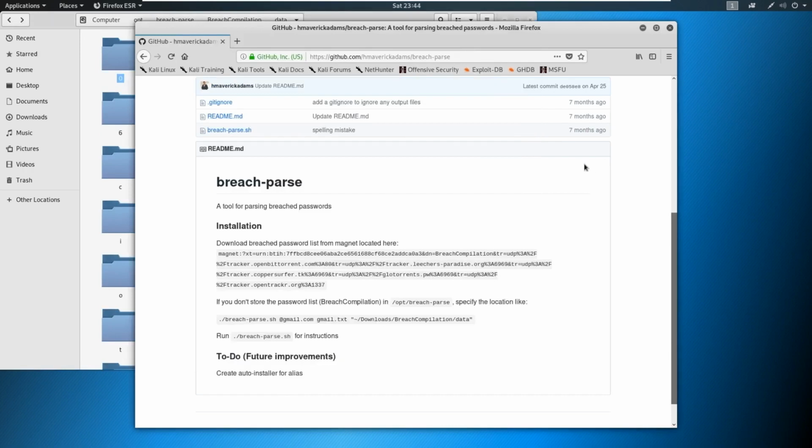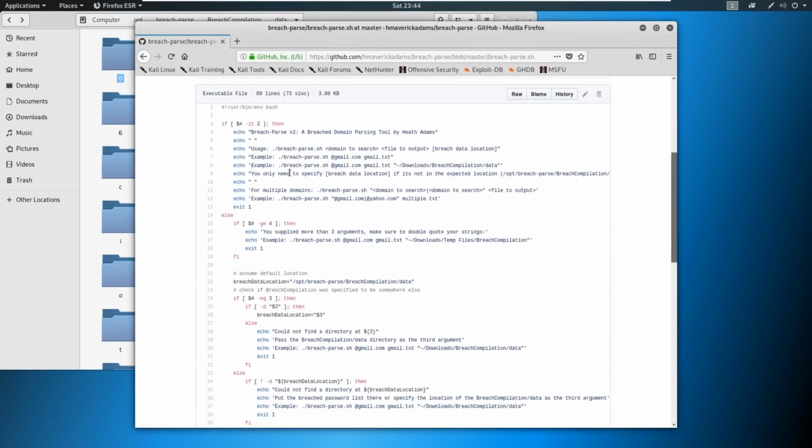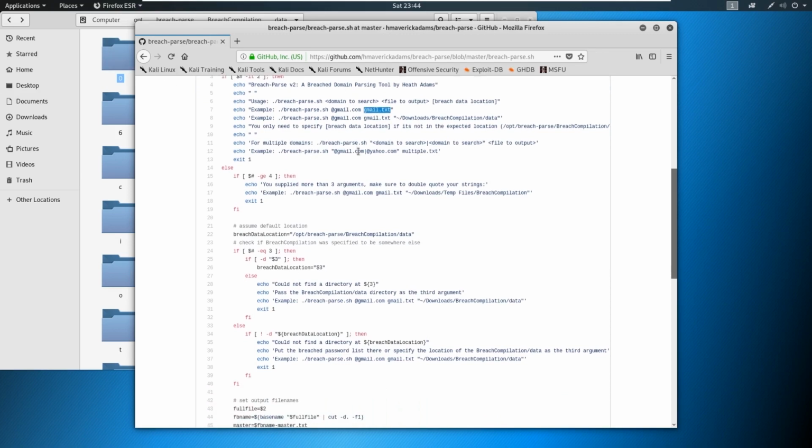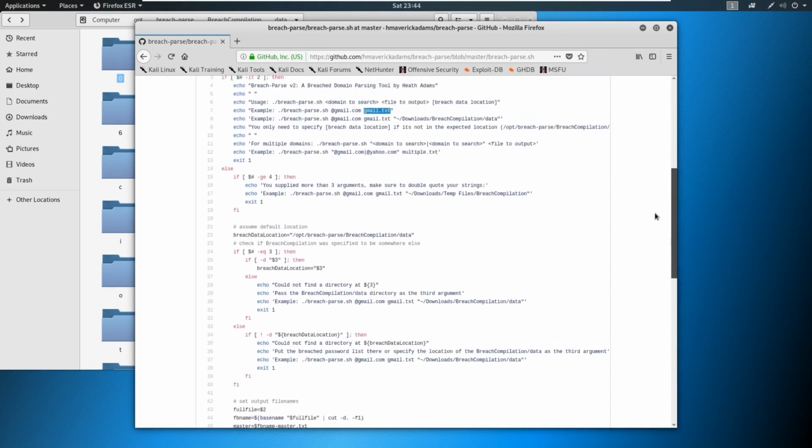So what I did was I built a little tool that can search through this data and pull down names. We can take a quick look at the tool and what it does. Basically, you just put in the syntax, you search for something like @tesla.com, and then you specify tesla.txt. And it's going to search through all of these files for @tesla.com. If you're more interested in the code behind it, you're more than welcome to read the code in here and